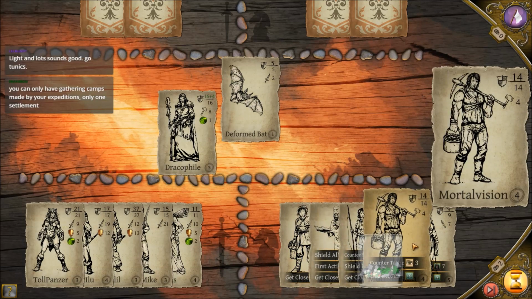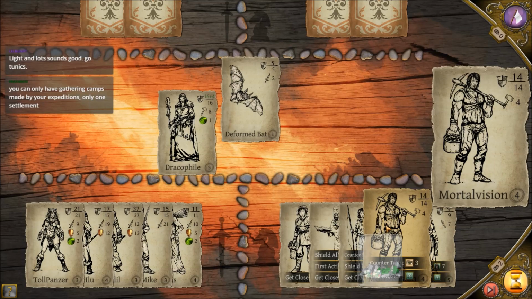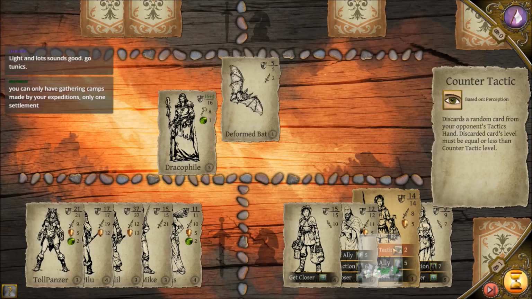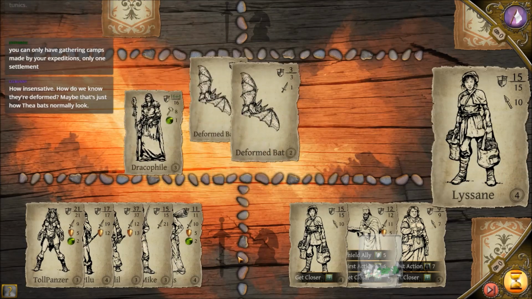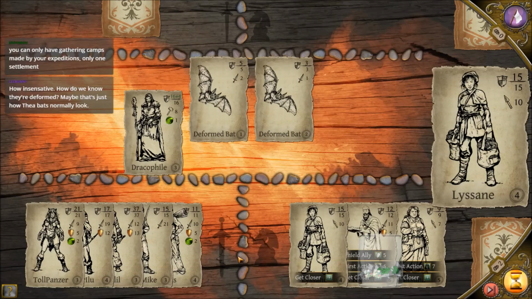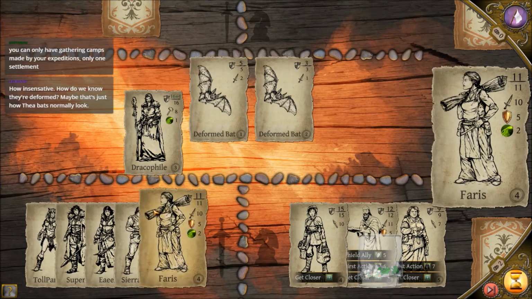So you can only get closer. You've got a counter tactic. I can first action someone else. Let's go ahead and counter tactic. Alright, so we don't have to worry about those. I can first action anyone, actually. I can first action 2 people. On the other hand, Dracophile is actually going to kill both of those, so...